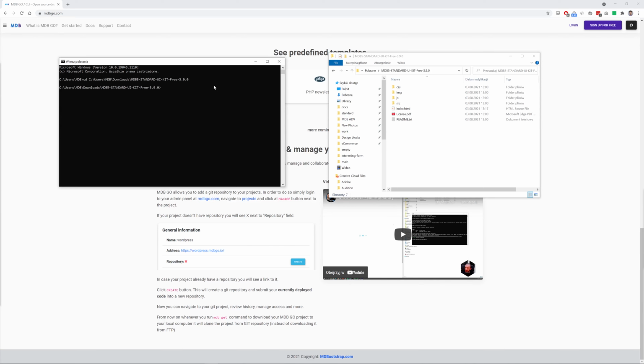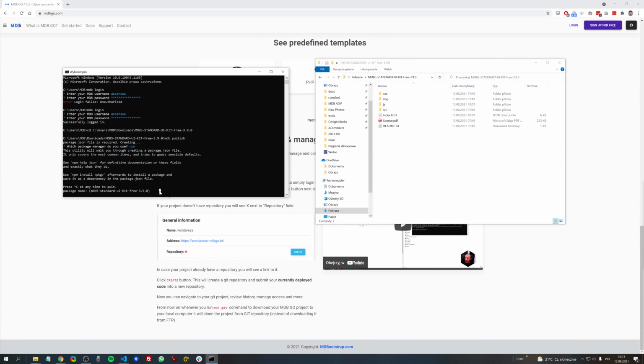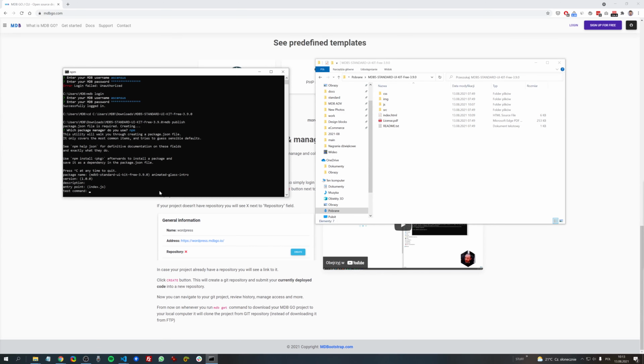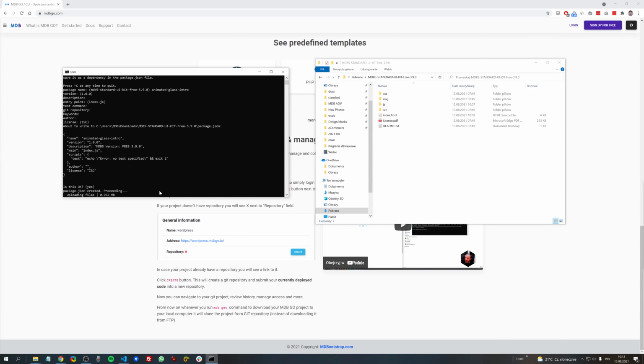And now I need to type only a single command mdb publish, and I will choose npm package manager, and then all I need to do is to choose a name for my project. So let's name it animated glass intro, and then let's accept all other options,